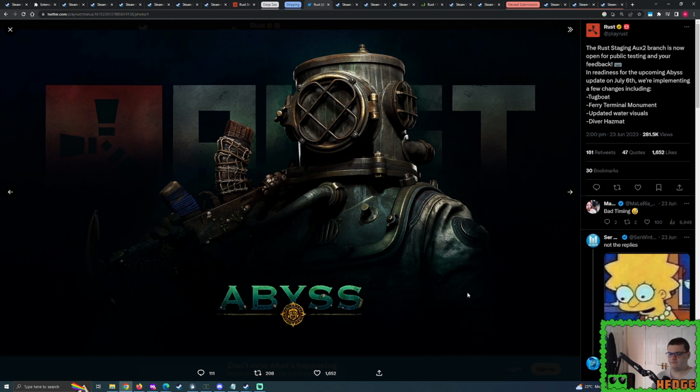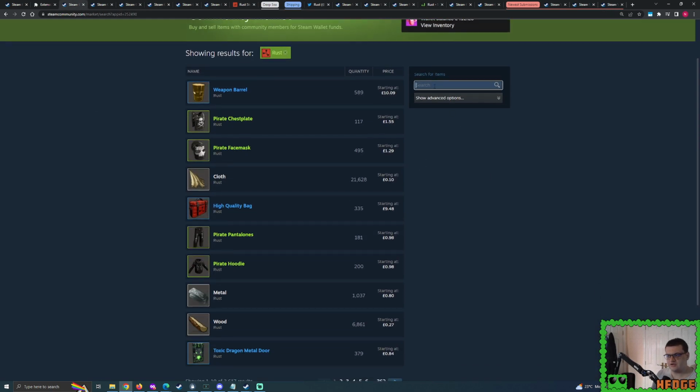Sound good? So, the Abyss update. As I mentioned, we got the likes of this very cool diving suit. This isn't the diving suit. This very likely will be an NPC. But you've also got the likes of the tugboat, aquatics, boats, shipping. You get the idea. Very nice. Very cool. So what I'll probably go ahead and do is I'll go to the Steam market and I'll probably type in boat just to see what potentially...